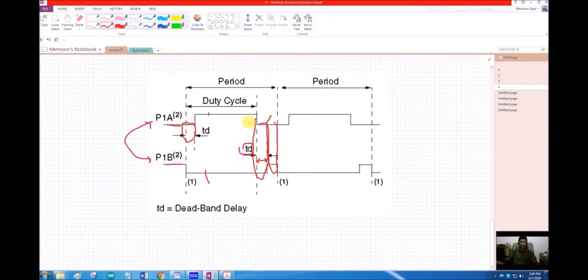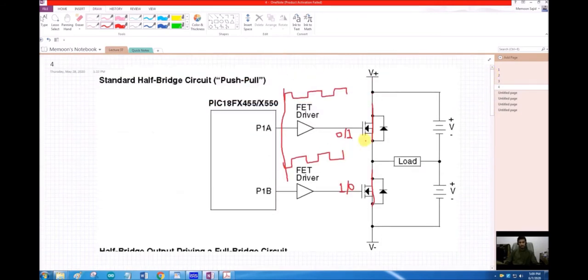We will just set the duty cycle, we will just set the time period, we will just set the mode in which I want to operate it. I will just set even the dead band, how much dead band I want to give between these two transitions, through a register by putting a value into the register and just turn on, and this waveform will be generated. It will keep generating until I turn it off. So that is very simple and very easy to use. So this is the half bridge mode, in which we have two outputs that are inverse of each other.